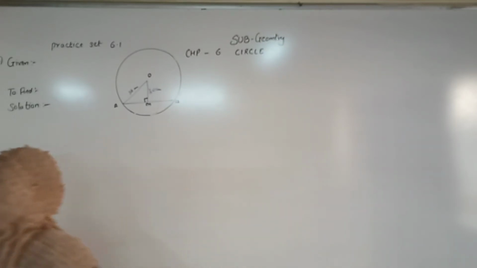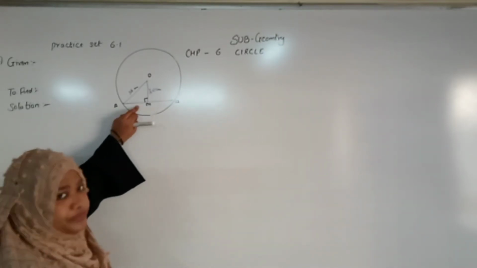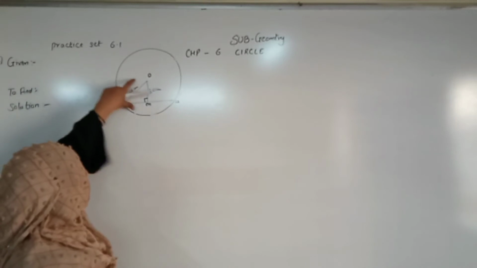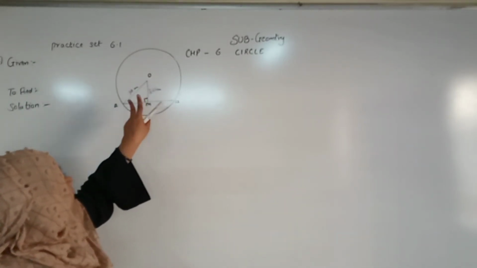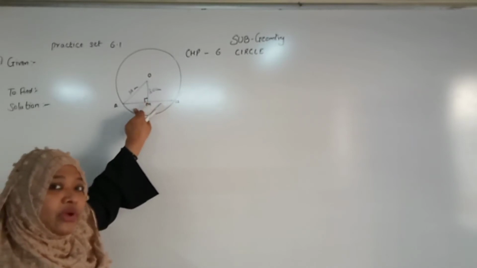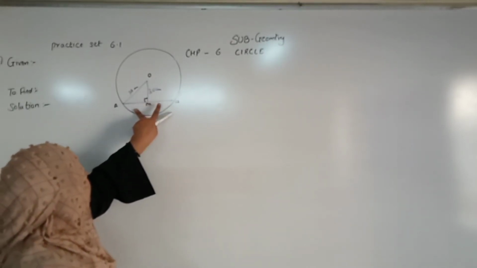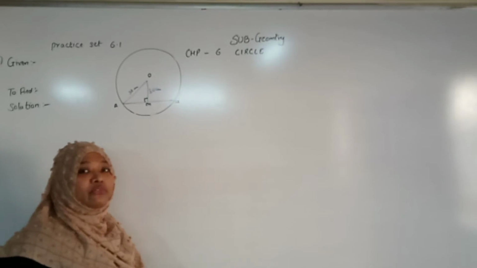Okay. Now student, easily we can find AM. First we are going to take the Pythagoras theorem. Pythagoras theorem से पहले हम AM find करेंगे, and by the property of perpendicular drawn from the center of a circle to the chord, we will take length of AB. We will find the length of AB.